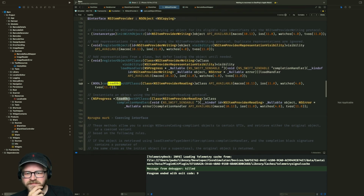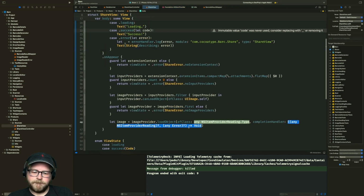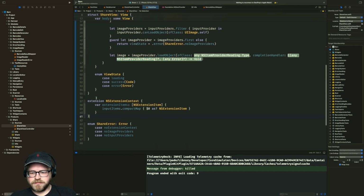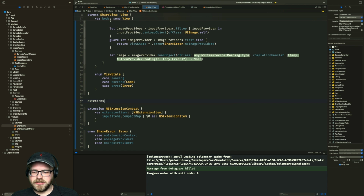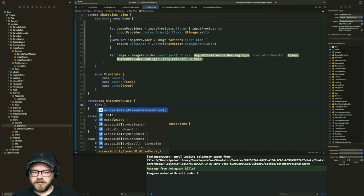Yeah, why aren't we getting the free async here then, I guess is my question. Oh, because this returns an NS progress. So therefore it's completely different. It'd be nice if I could just do that. Maybe I should build that. Extension NS item provider. Func load object